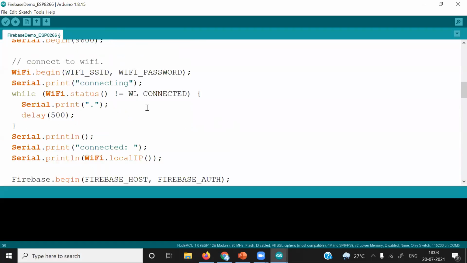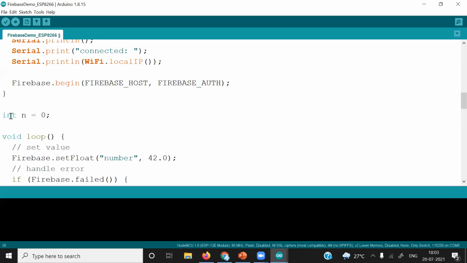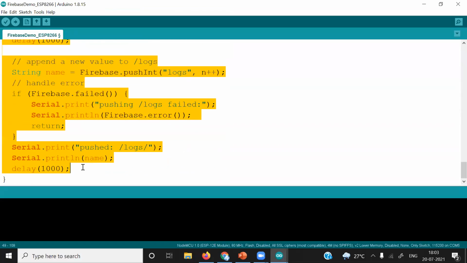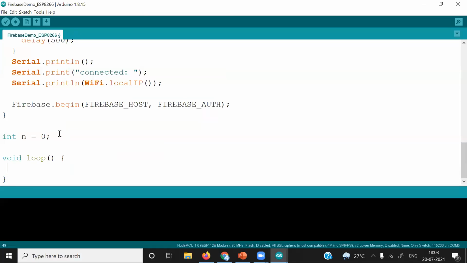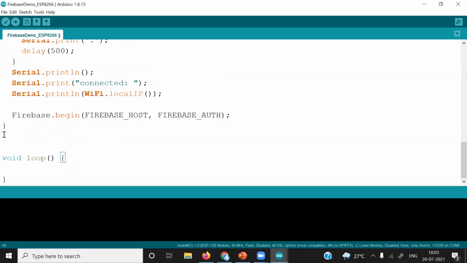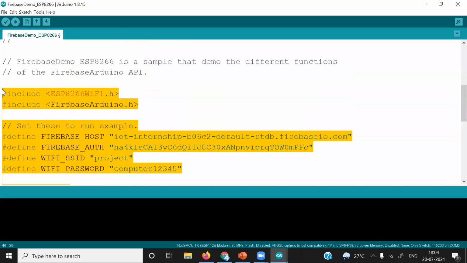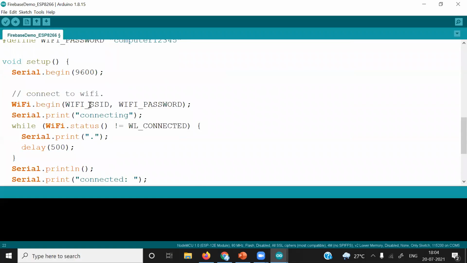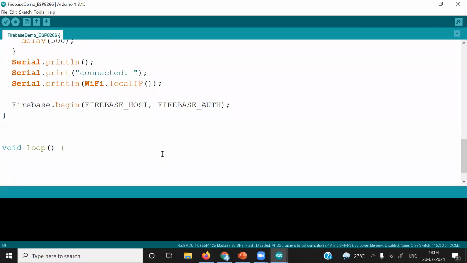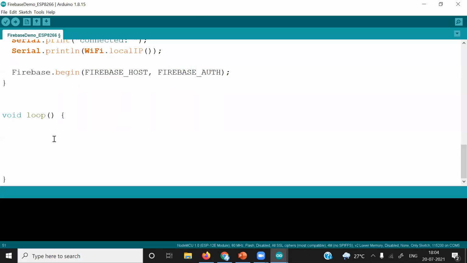And after that, I will keep all the code inside void setup as it is. And I will then delete the entire code inside the void loop. So above void loop, for every project, this code is going to be same. That is the reason I have copied from another file, because these are the credential and configuration related code. Next is what we will do. First I will discuss the project, what we want to do, and according to that, we will write the code here.